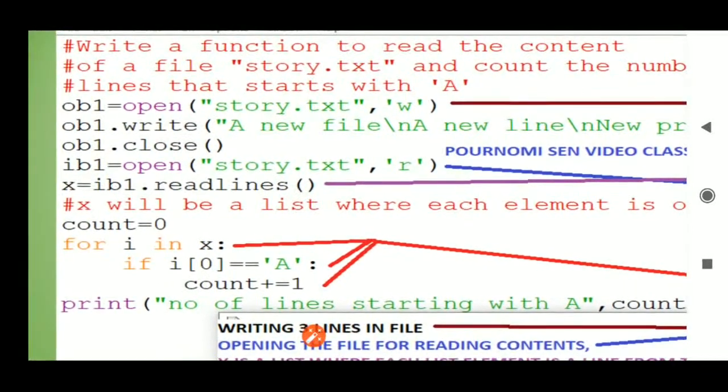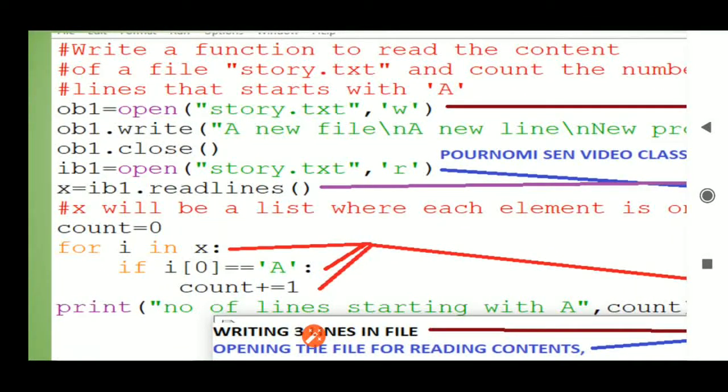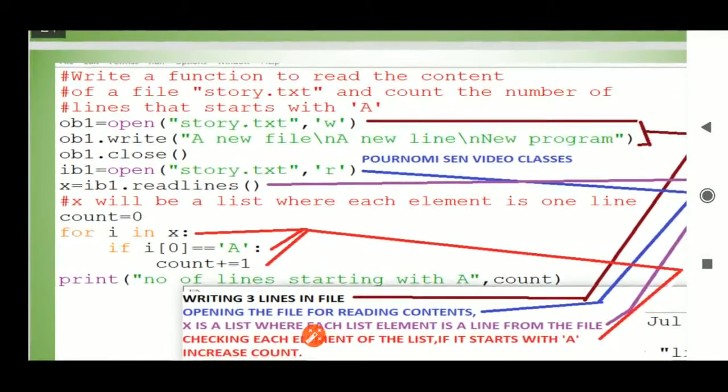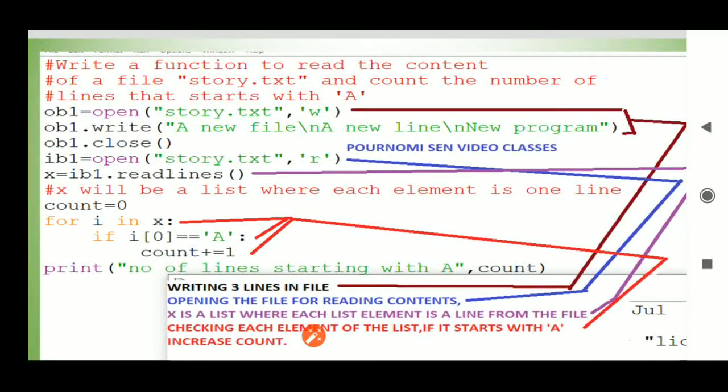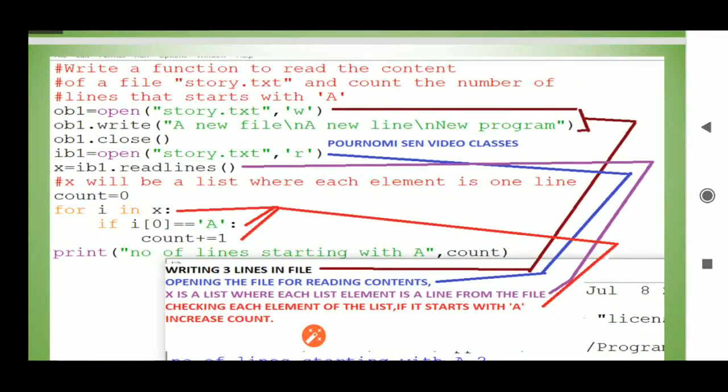So we are taking another object to open the file for reading its content. Why are we writing the first 3 lines? When you write the answer, the first 3 lines are not actually needed. We run this program in a Python editor, our code editor. That's why we have written the first 3 lines. When you write in the examination, in a theory question, the first 3 lines are not needed.